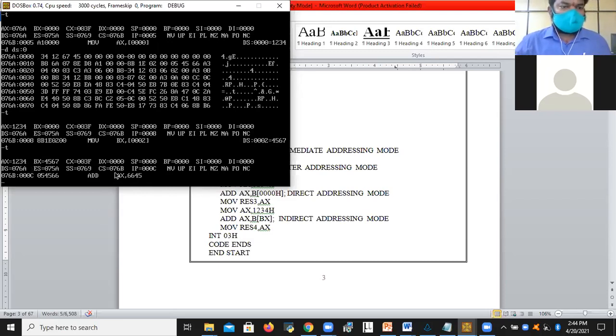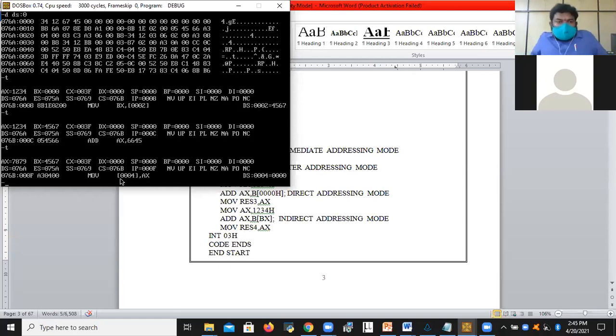Now you are going to execute that add AX comma BX. AX value 1234, 6645. Perform the addition. 7879, right? 7879 is the result, AX result after execution of this instruction. Now I am executing this. You just see how the AX value changes. AX value changed, right? After performing the addition, AX value is changed to the new one, that is 7879.